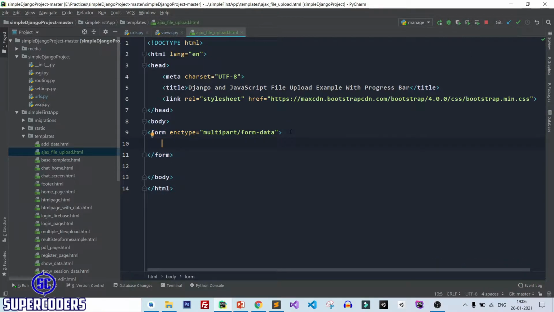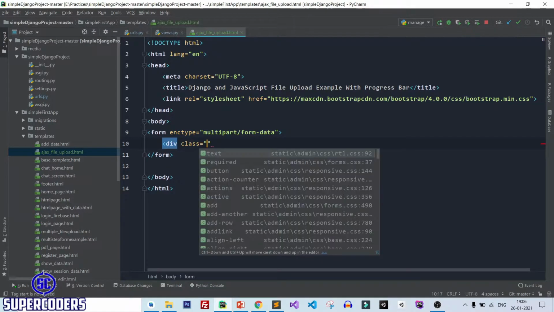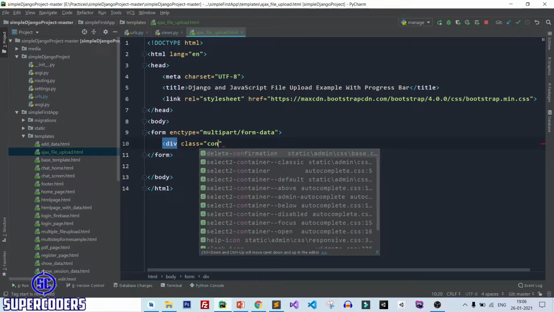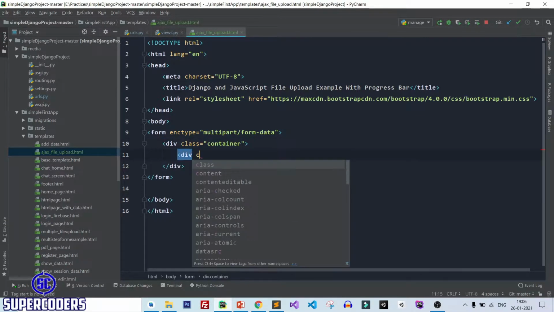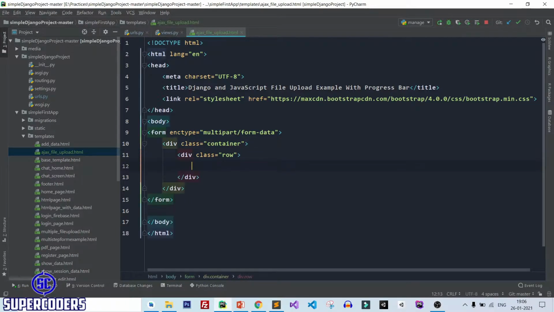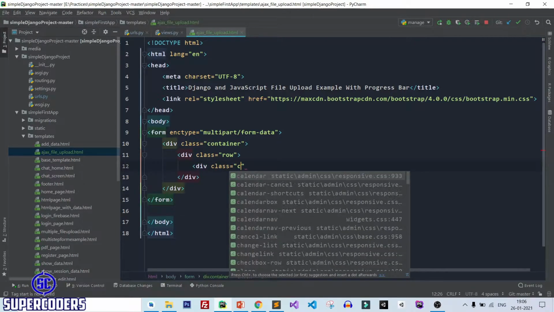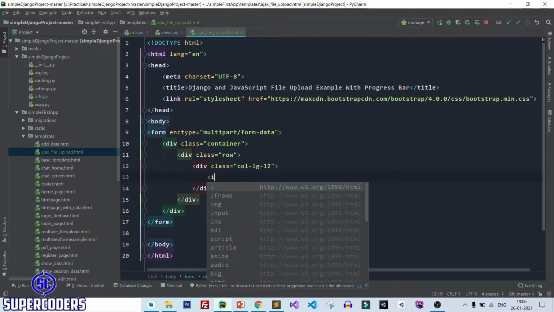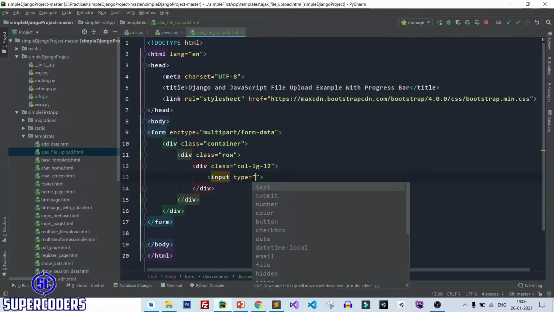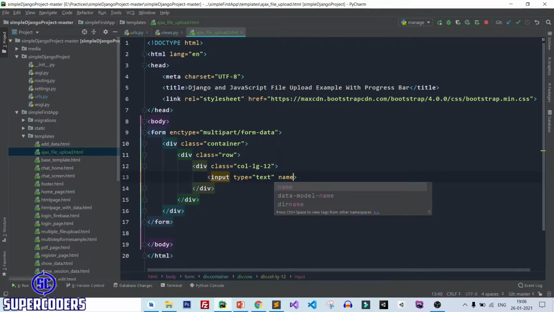After that, next step is our, let's see. So first, div class equal to container. After that, div class equal to row, div class col-lg-12, then adding input type text, name equal to name, placeholder equal to enter your name.